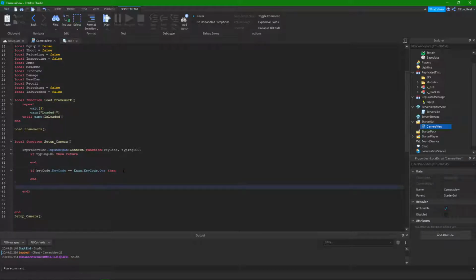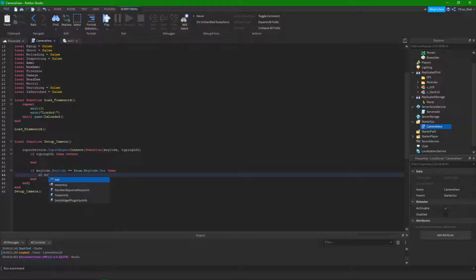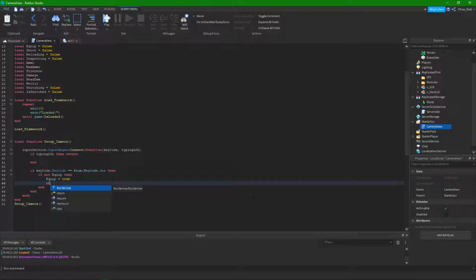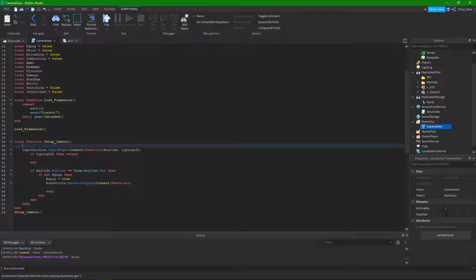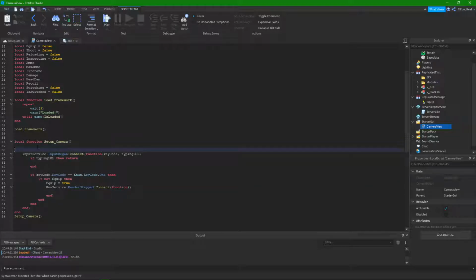Then, I'm just gonna not space out these ends. Ends are probably the most annoying thing when it comes to coding, because they take up most of your space and it ends up going wonky. Then we're gonna do if not equip, then equip equals true, run service run step connect function. Before we actually load all of this stuff, while the game is done loading, we're gonna do